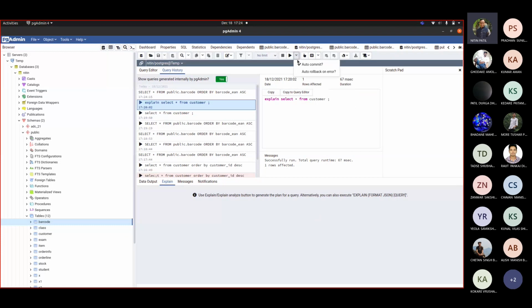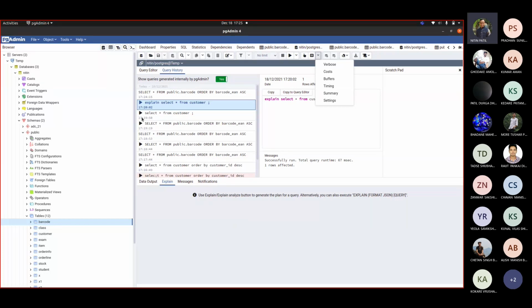There are options like auto commit or auto rollback. Similarly, if I want to make use of either of these settings and so on. Show query generated internally by pgAdmin: when you fire select star explain plan, some of the queries were internally fired by it, to show you what exactly is happening at that side.